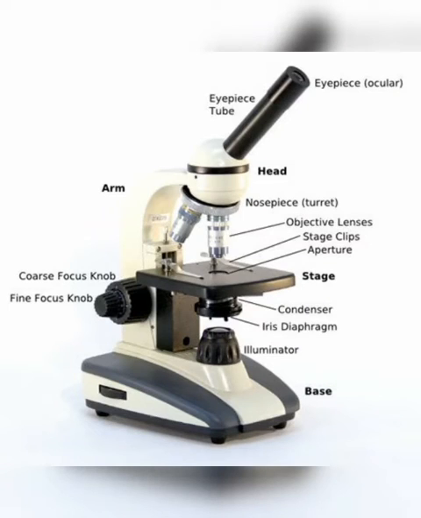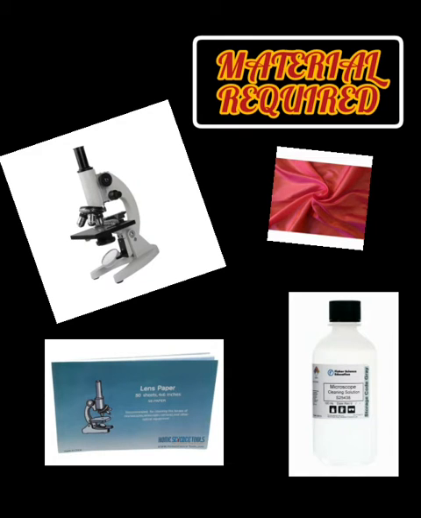Compound microscope. It is one of the most commonly used and by far the most suitable microscope in the biology lab. At one time, it employs one ocular eyepiece and one objective in working position. As such, it is known as monocular monoobjective microscope. Material required: a compound microscope, silk cloth, lens cleaning fluid, and lens cleaning paper.